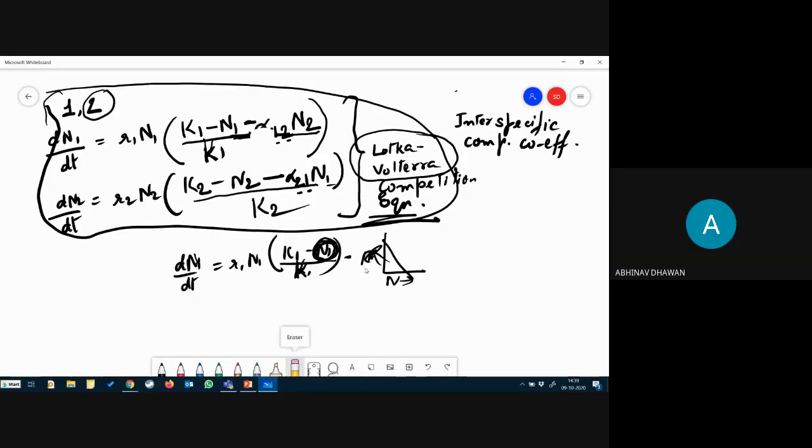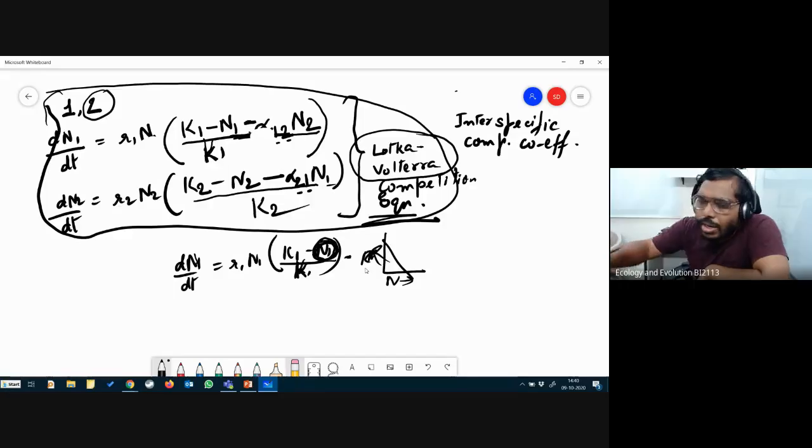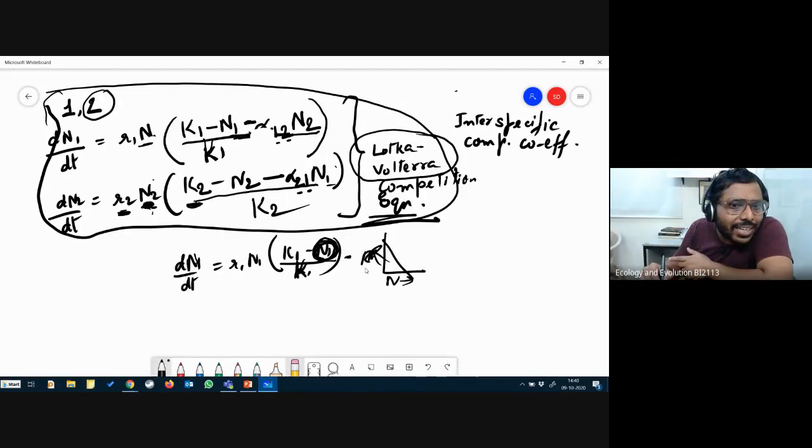Sir, why didn't that n1 outside the bracket change to n1 minus alpha 1 2 n2? You mean this one over here, or correspondingly this one over here? Yes, sir. That is because remember what this is: r1, n1, and this is the factor. This multiplied by this is the realized growth rate, and this realized growth rate is to be multiplied with the actual population size to get the next generation. So this stuff over here will have an effect on the realized growth rate, but it cannot